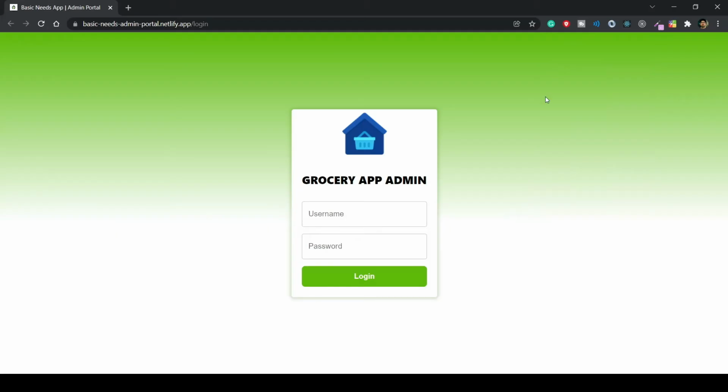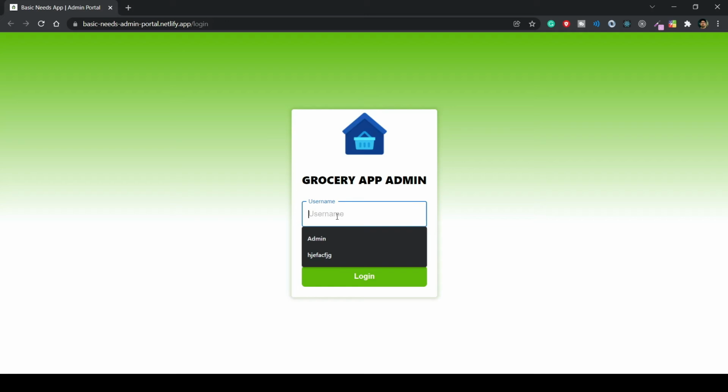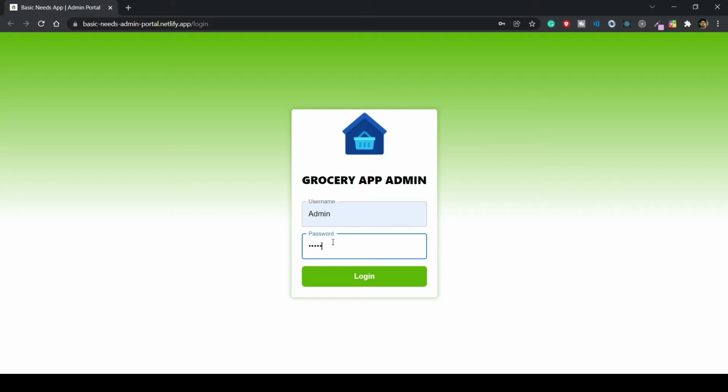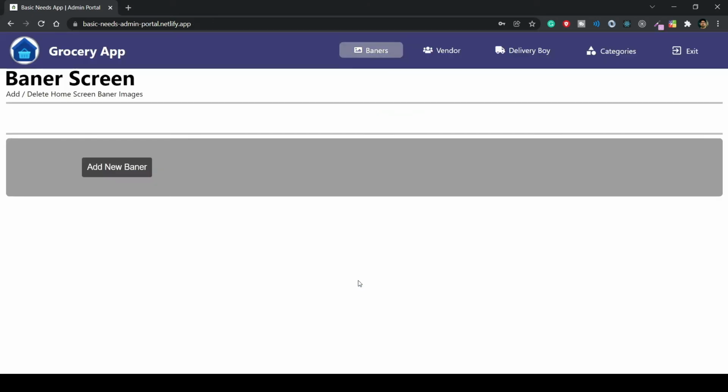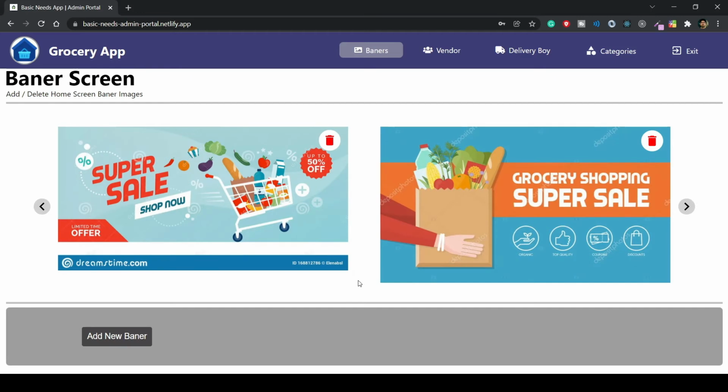So here we are in the admin portal side of this application. Now I can log into it, and only a specific number of users who have access to the username and password can log into this admin portal. So it is quite secured, and it is authenticated via Firebase with the anonymous login. So once I log in here, I can click on login, and here I can see that I am in this